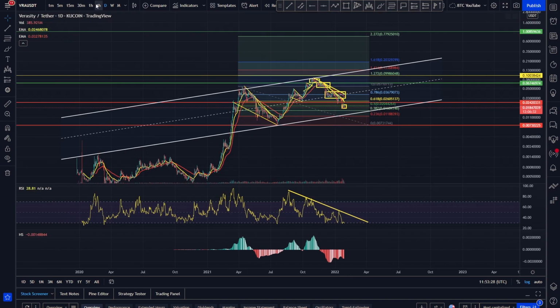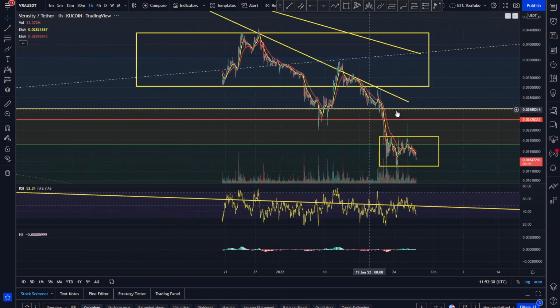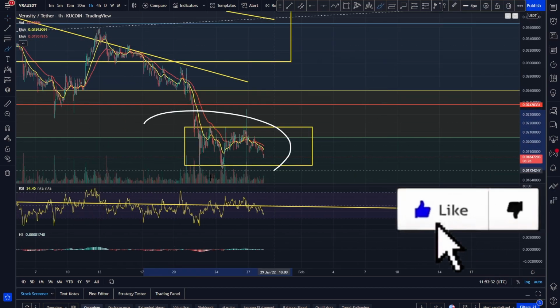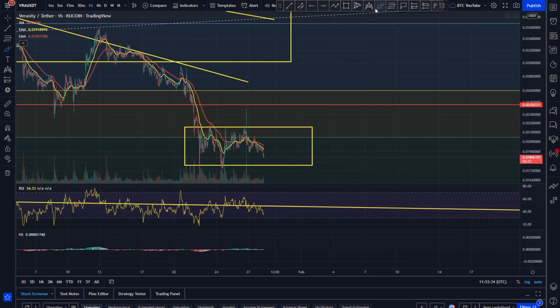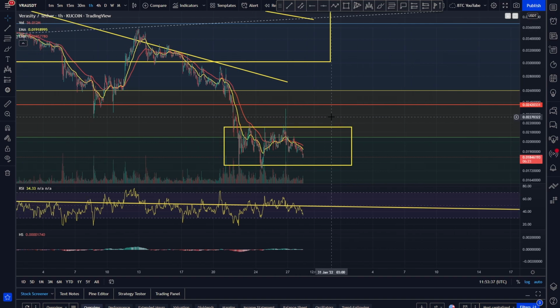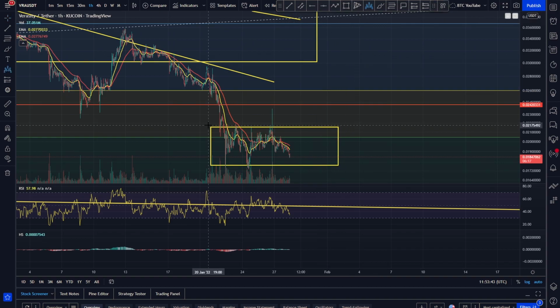So if we just take a look at the short term, then you can see here on the hourly time frame, we've come down, we've formed a range, haven't we? Basically kind of stuck under, you would say, this 0.50 level. But as we said, for a lot of cryptos, we are potentially forming this inverse head and shoulders for a